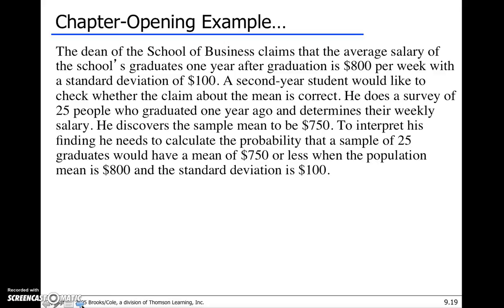The dean of the School of Business claims that the average salary of the school's graduates 1 year after graduation is $800 per week with a standard deviation of 100. A second-year student would like to check whether the claim is correct. He does a survey of 25 people who graduated 1 year ago and determines their weekly salary. He discovers a mean of $750. To interpret his findings, he needs to calculate